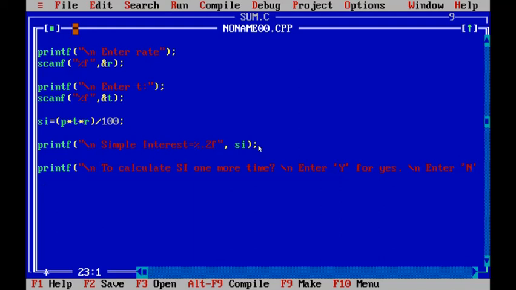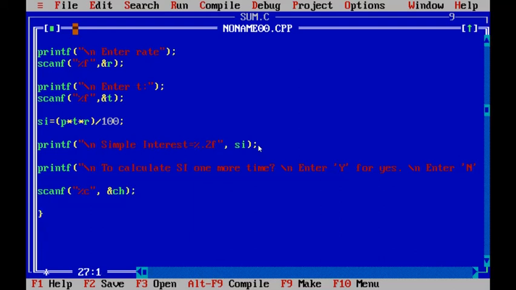Now scanf, double quote percentage c, comma and ch. The entered choice is stored in the character variable.